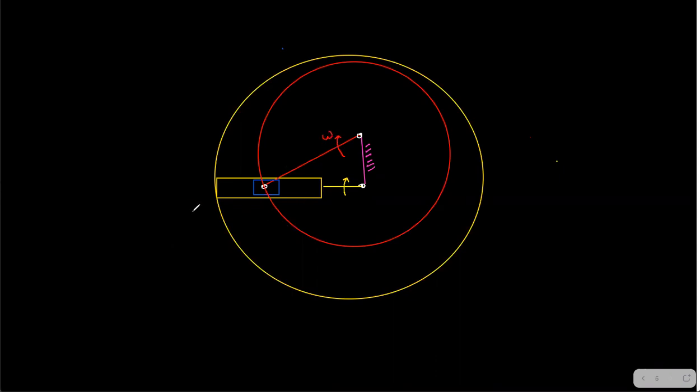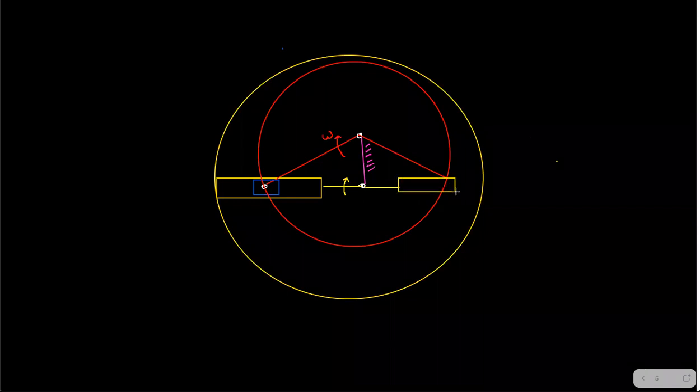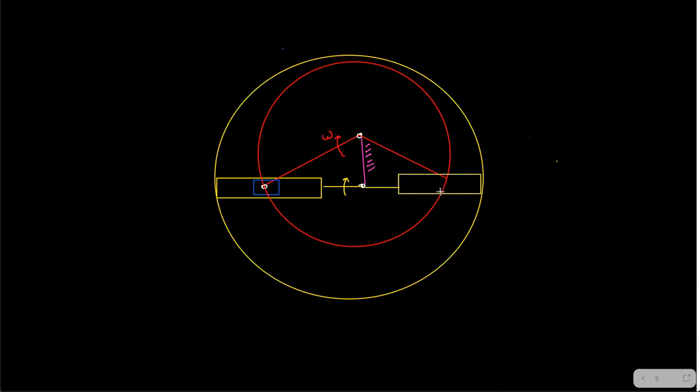So the new position of the red link, let me give with a dotted line. Right now we will just draw a line, and then I'll try to make it a dotted line. Fine. This is another position on the same line. Let's take this, and then we have our yellow link. And then we have our slotted link. This is actually the cylinder. Cylinder is also called a slotted link.